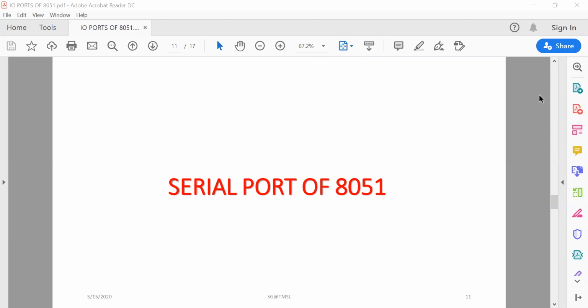Then, sir, how will we mention that the port is used for read operation or write operation? You have certain functions and instructions, either this can be used for read operation, or this can be used for write operation. It is decided by the instructions. It is not fully hardware controlled. Okay, sir. Okay. Anything else?